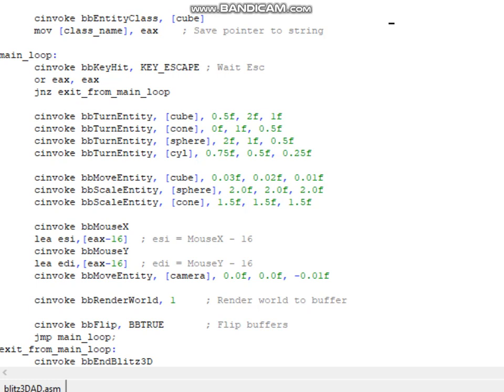We're moving the entity cone in 3D space. We're scaling the entity sphere by doubling the sphere object. We're scaling the entity cone by 1.5 times its normal size. This is for future reference, getting the mouse X and Y. What we do is invoke Blitz basic mouse X and you save it. It returns the position in EAX-16 and then you put it into ESI,